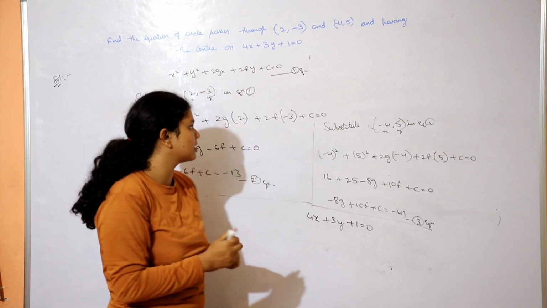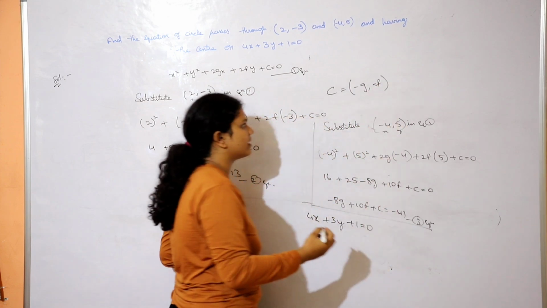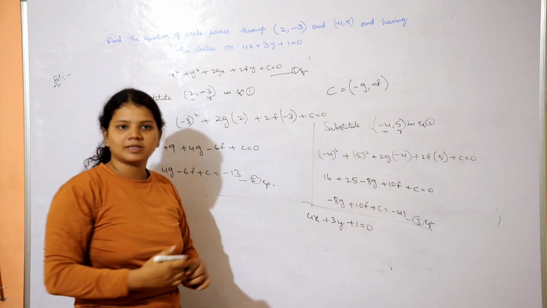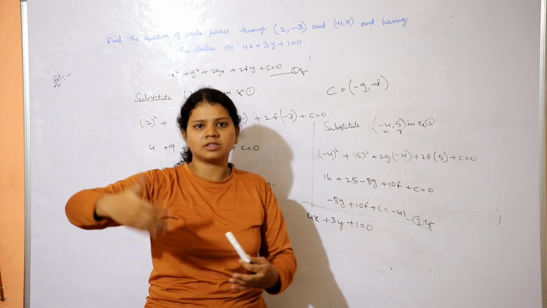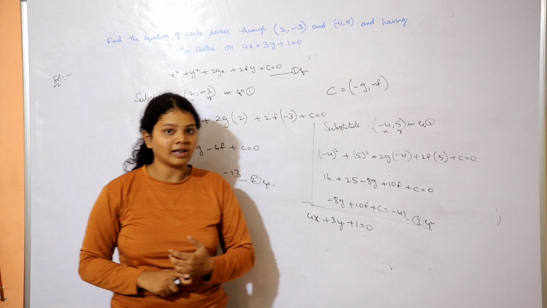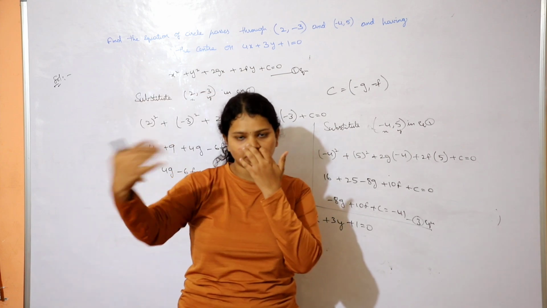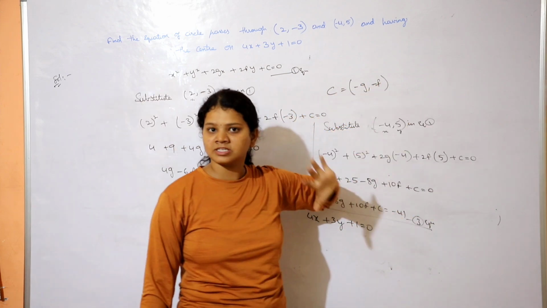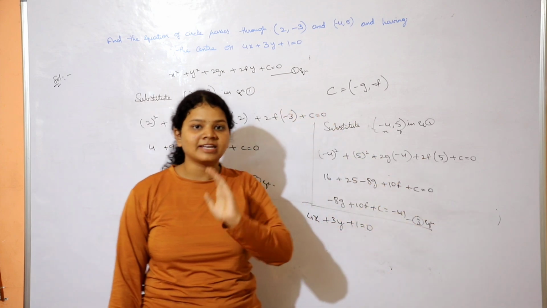So what is the center of the circle? C equals minus g comma minus f. So we will be using this C, C means center. You will be using C in the upcoming questions, when you are going to solve concyclic, then the C value is very important. C value, R value, you'll be getting those values as we solve further questions. But guys, remember, center is nothing but minus g comma minus f. This is very important. This is a formula you can remember.